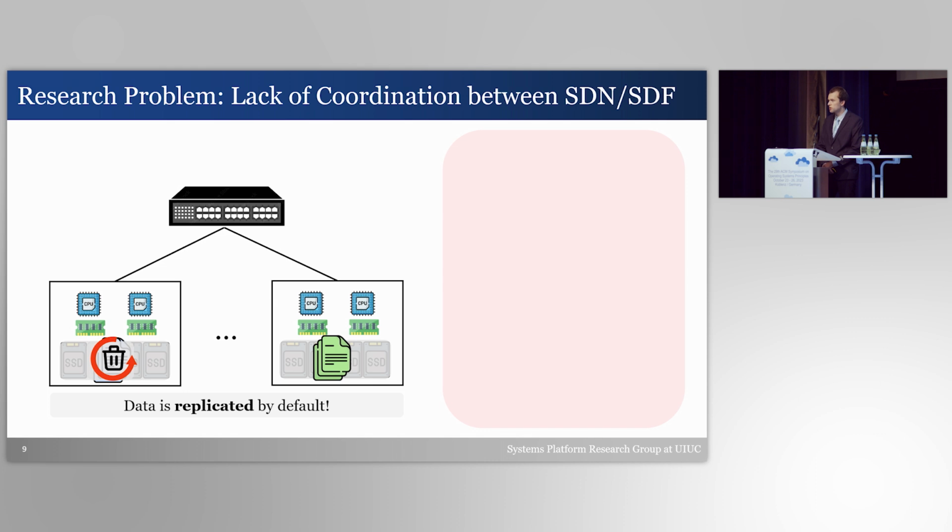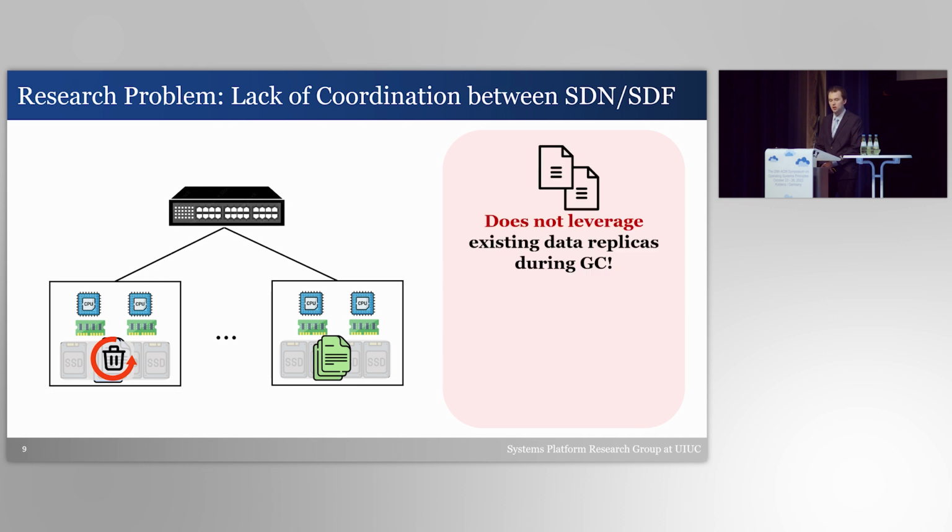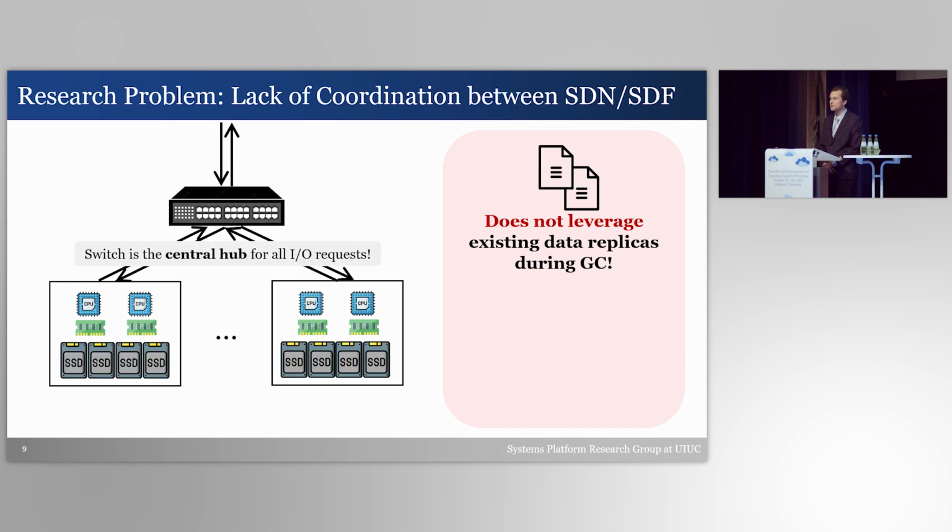to avoid the performance interference from GC, we could leverage this data replication to redirect requests away from replicas that are performing GC. Unfortunately, current SDN and SDF do not do this. One approach would be to develop a software stack that can perform this coordination. But we observe that the top of the rack switch acts as a central hub for all of the I/O requests that enter or leave the network. Given its programmability, this makes it a better place to track the GC status of SSDs and direct requests to